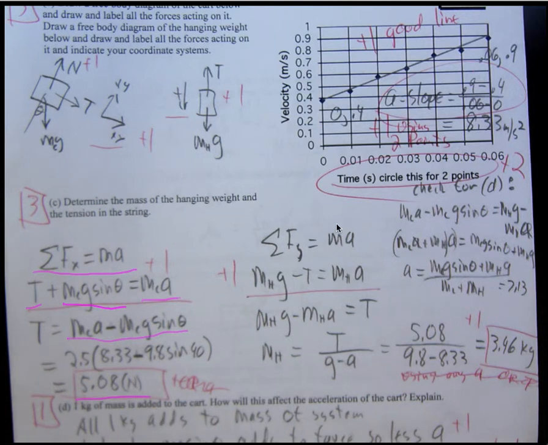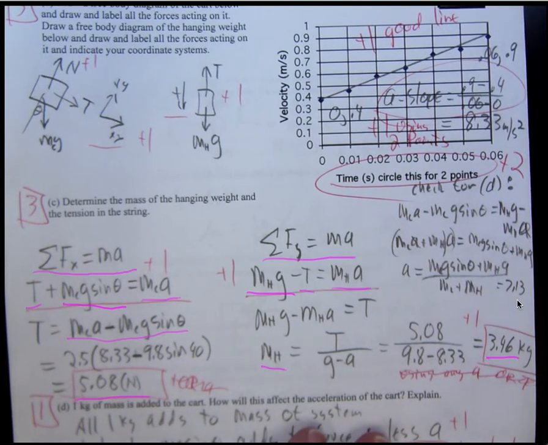And then to get the mass of the hanging weights, the sum of the forces in the y equal ma for the hanging weight, and remember down is positive, so the weight is positive, the tension is up, so it's negative, equals ma. And I solve algebraically for the mass of the hanging weights, and I now know the tension, so I can put that over here, and I get 3.46 or somewhere close to that. And then finally,